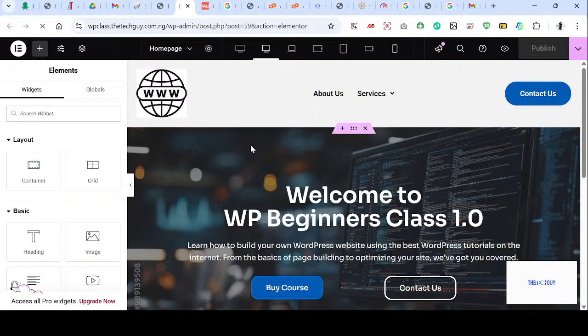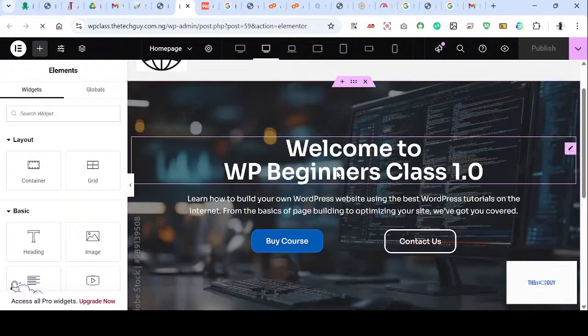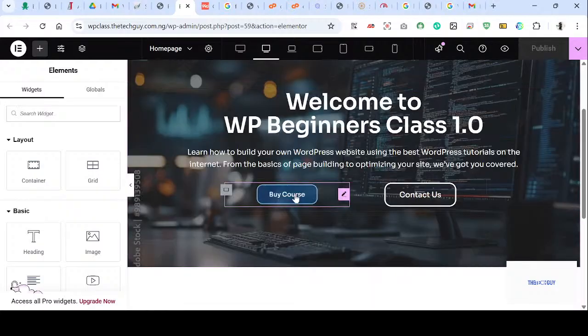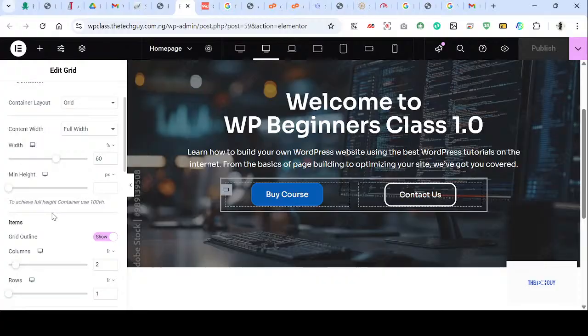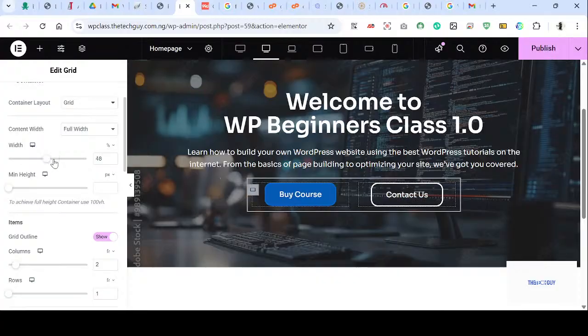Okay, so here is where we stopped. And like I said in the previous class, we will be trying to close the space between these two guys so that we can have them close together. So to do that, one of the things you need to do is that